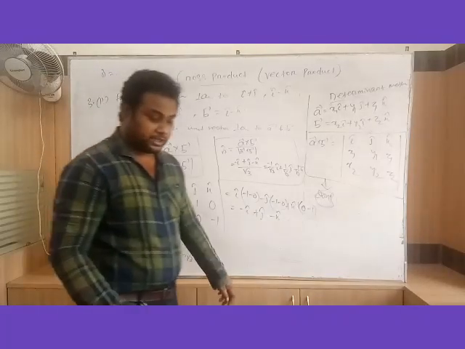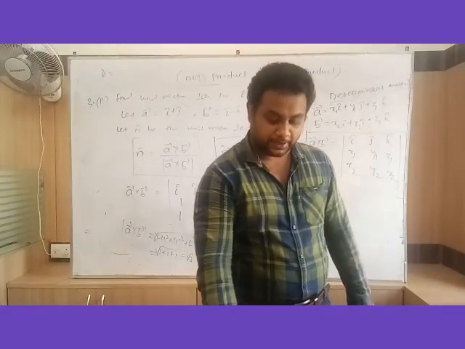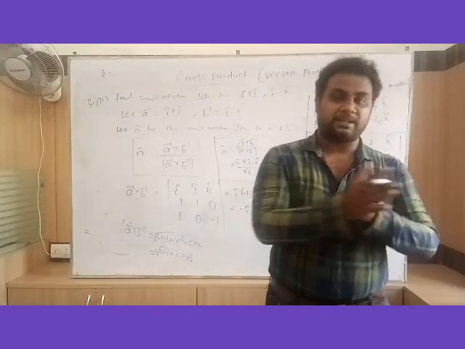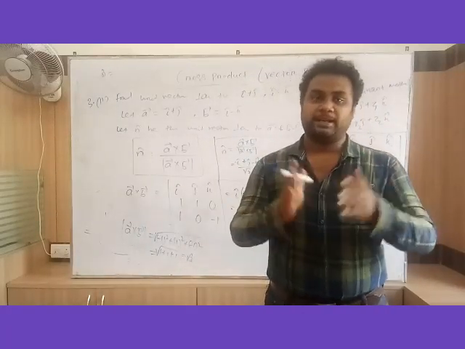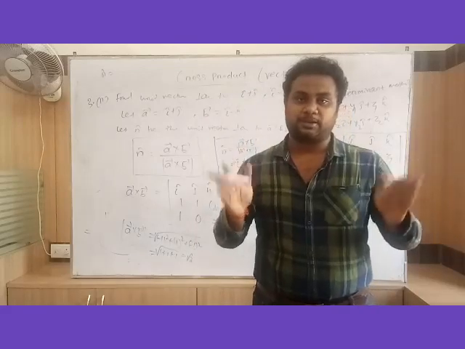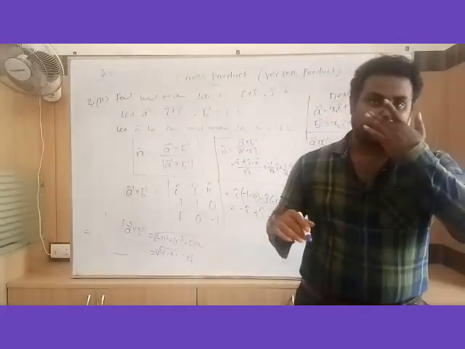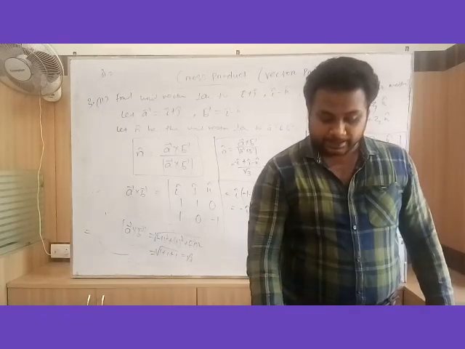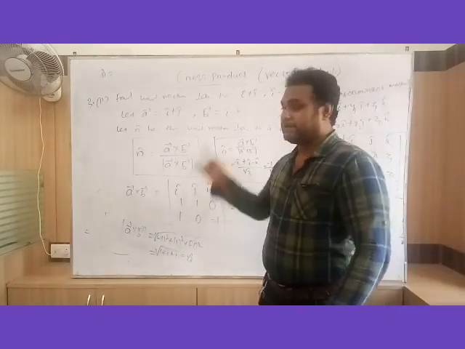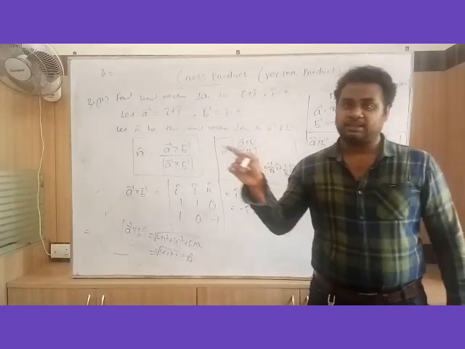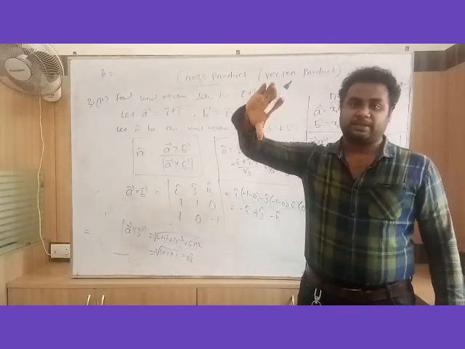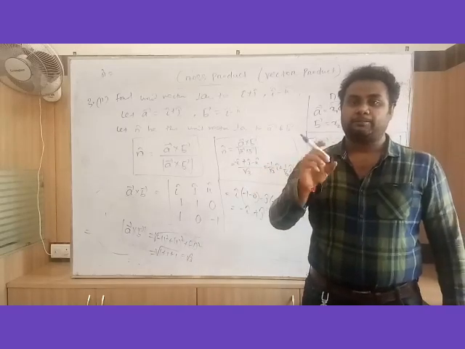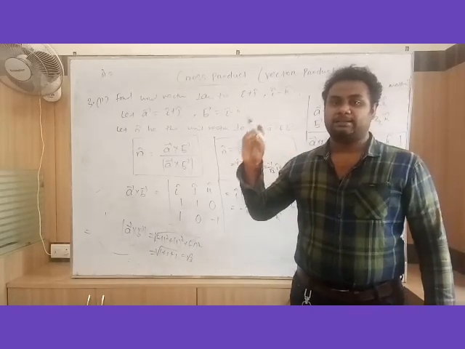Similarly, in question number 4, find area of parallelogram whose adjacent sides are given. You know, first vector as A, second vector as B, then find A cross B, then magnitude of A cross B. You know the formula of area of triangle whose sides are given. Question number 5, calculate the area of triangle ABC. You are given 3 vertices A, B, C. Find AB vector, find AC vector, then AB cross AC, then magnitude of AB cross AC, then put the formula area of triangle is equal to half